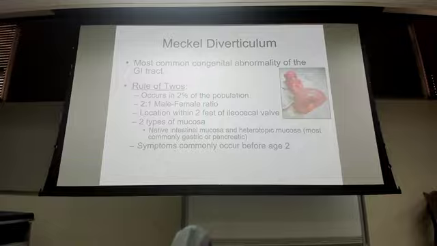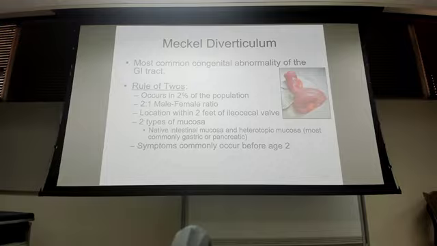Rule of twos. We'll be on the boards. We'll be testing for you, for sure. Less than 2% of the population, 2 to 1 male, within 2 feet of the ileocecal valve. That's obviously going to be a surgeon figuring that part out. And usually it occurs before 2 years of age. It'll be on your boards, the rule of twos, right? It might not say what are the rule of twos, but it's going to give you that classic, hey, it's a child, and it's close to the ileocecal valve, it's an outpouching,